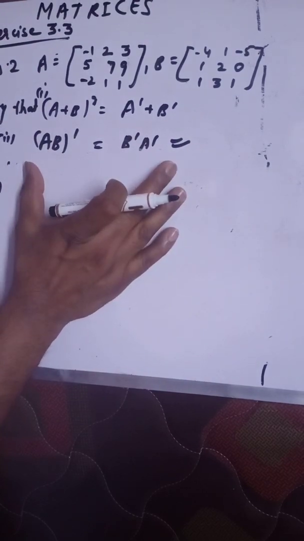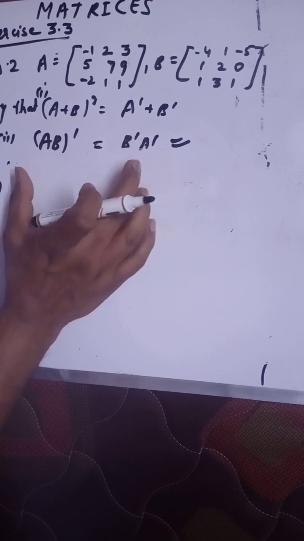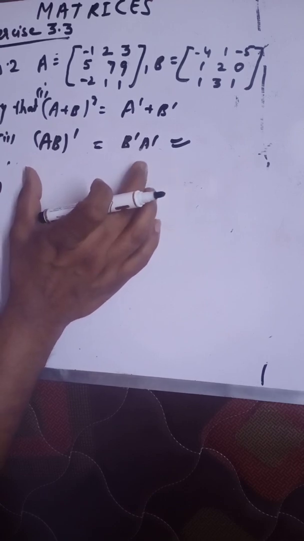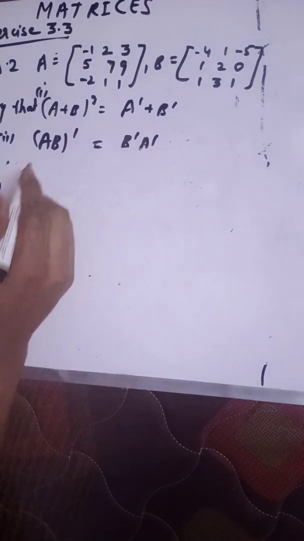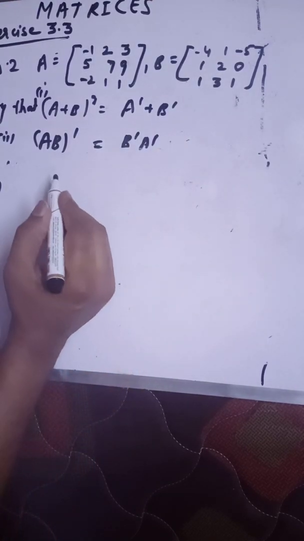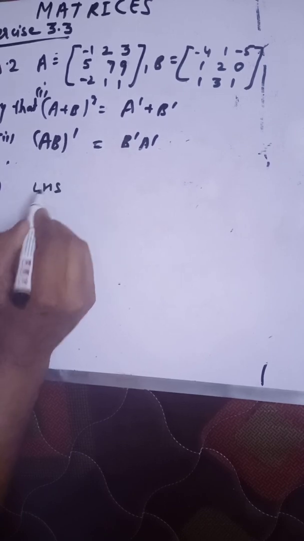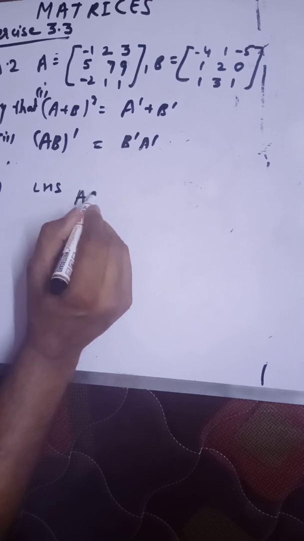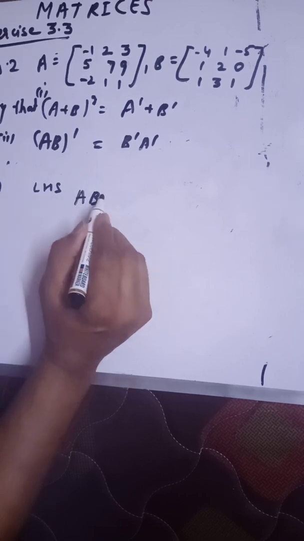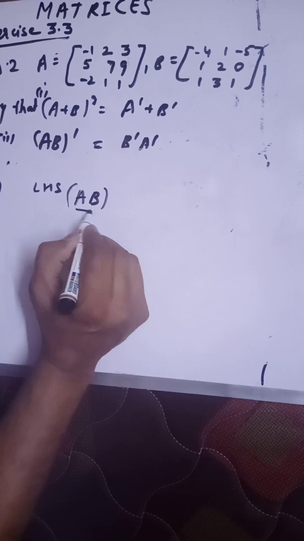See, yes, now the second part is not in your question. I have added only this, and just see, because you will get these kinds of questions in other examples or other questions. Fine. So I'm explaining it, please concentrate. So here you are taking the left hand side. Fine. So in the left hand side, children, what you have to do, you have to find out the product of A and B.